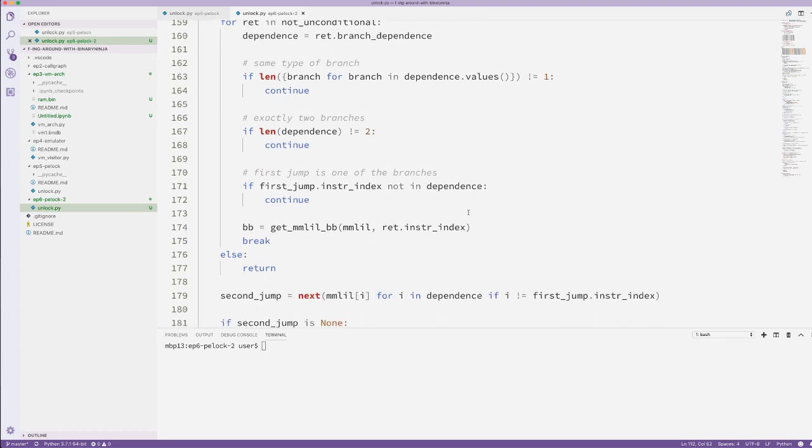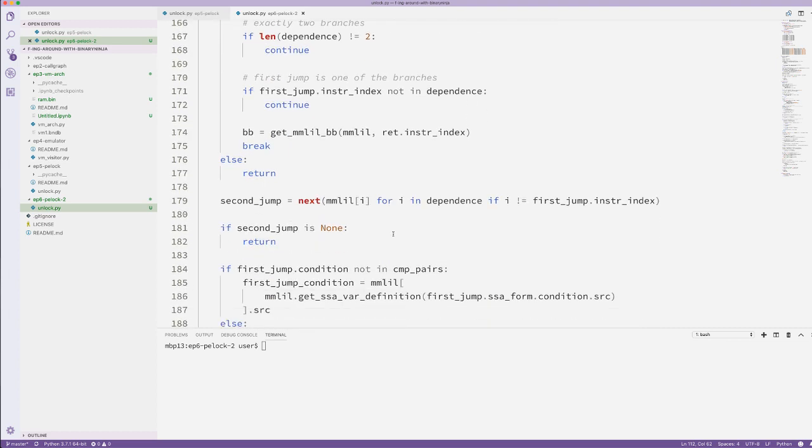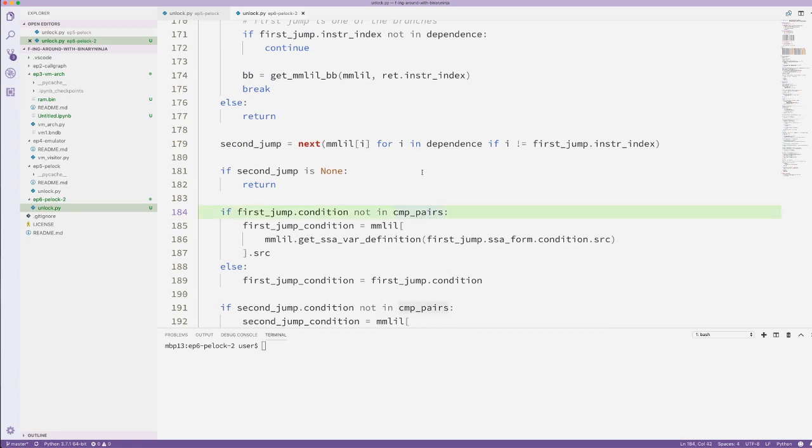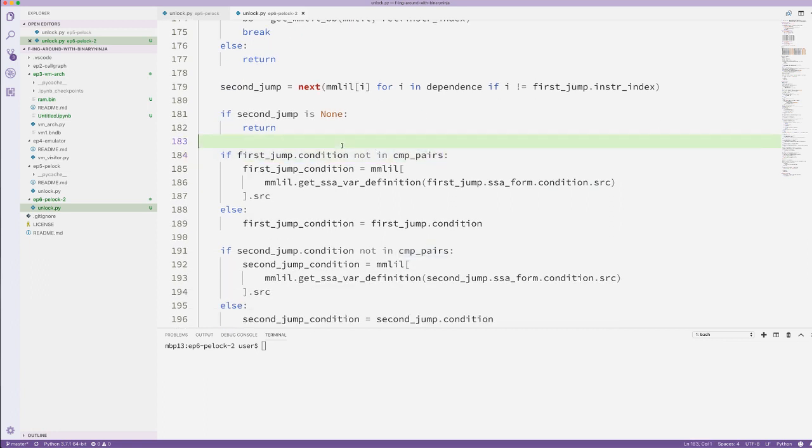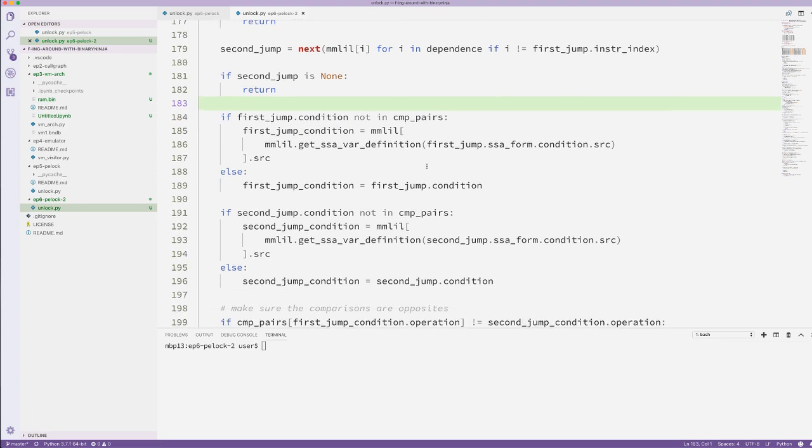That's the first jump. Get that. The second jump. Here's the not in comp pairs. So then let's change this to